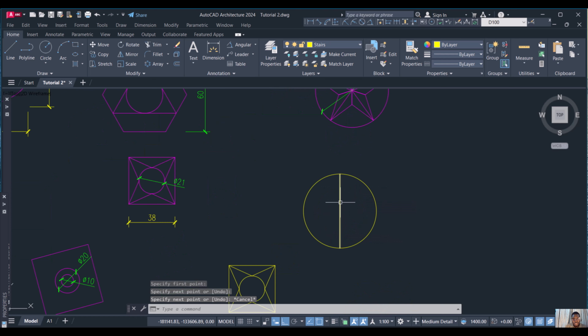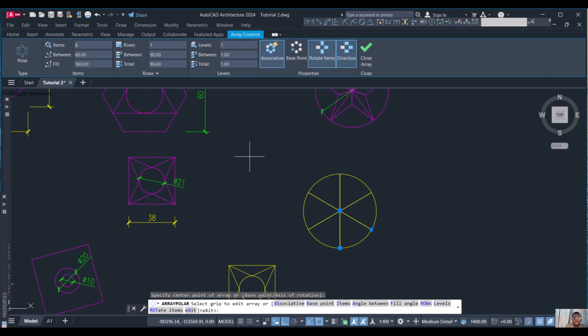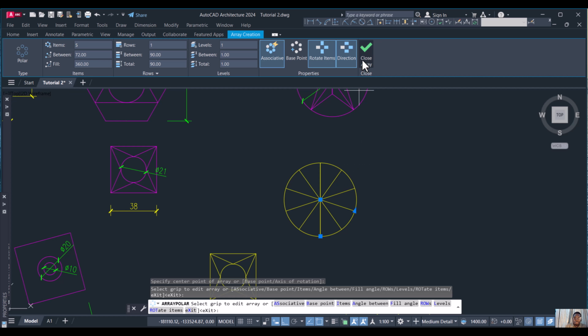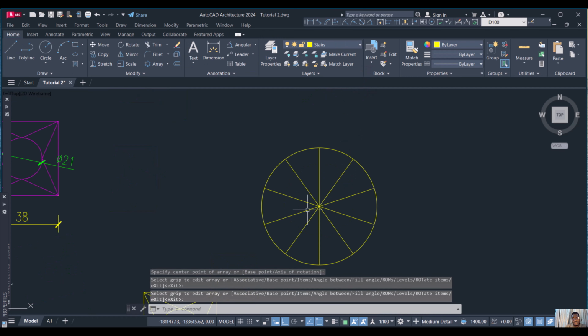Then next I'm going to use polar array, and I'm going to make it 5 sides. I want them 5. Now when I did it 5, this is how it came. Don't worry, you leave it like that and close it. Then you